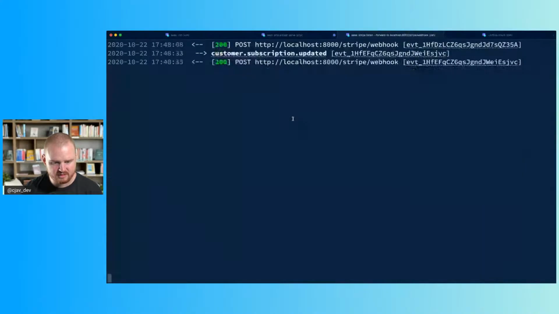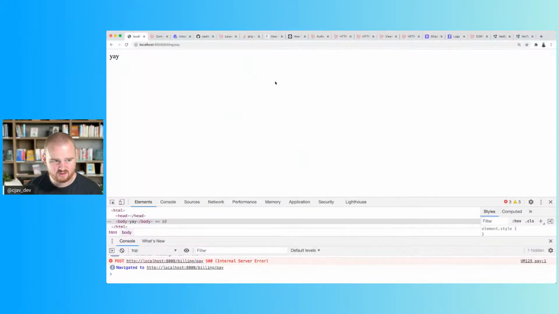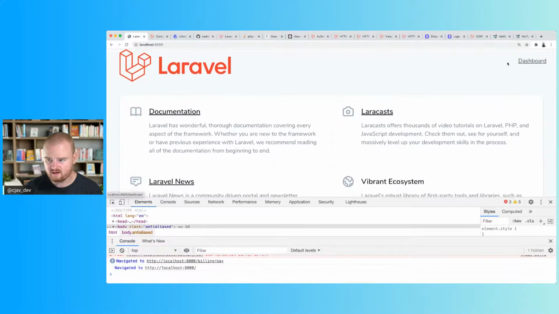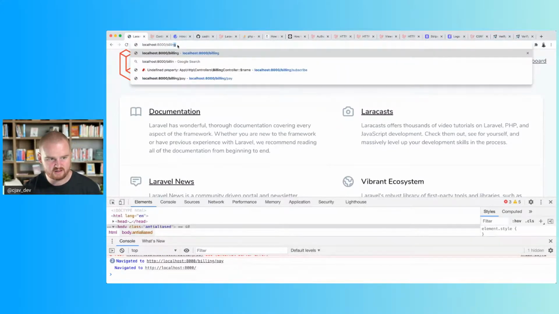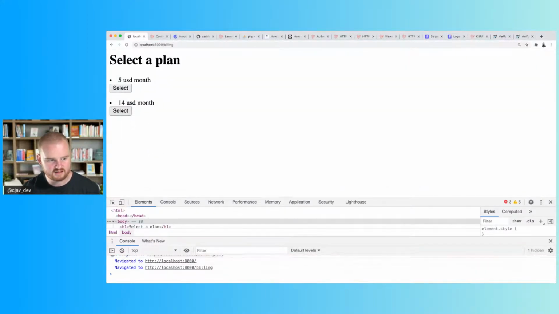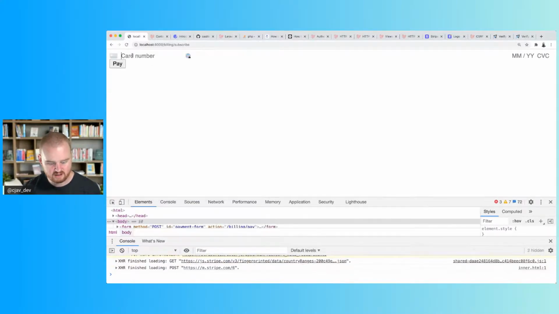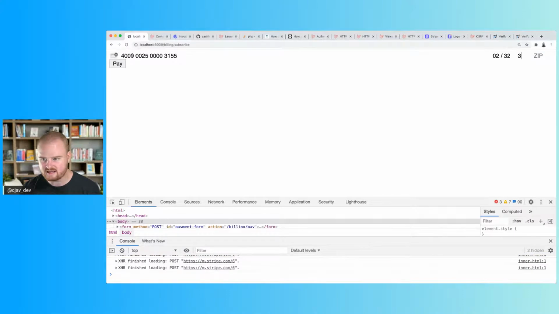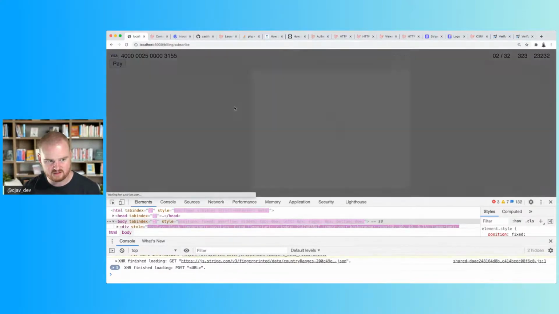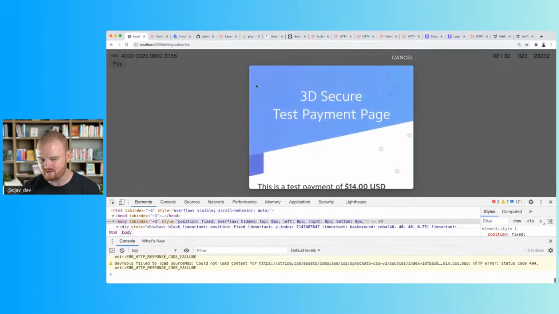All right, let's just go through the entire flow again. So we're here, we're going to /billing. We're selecting the $14 a month price. We're entering a card number. Let's do an SCA test card too, just so I can show you the whole reason we need to do all this business is so that we can do this one-time 3D Secure